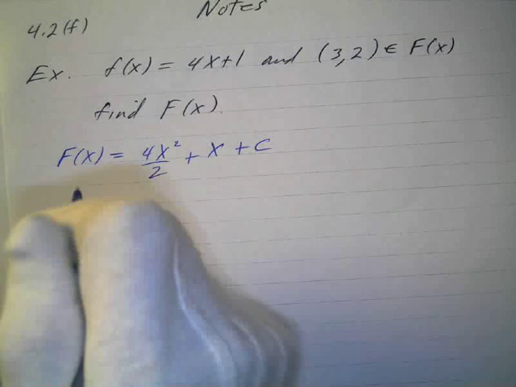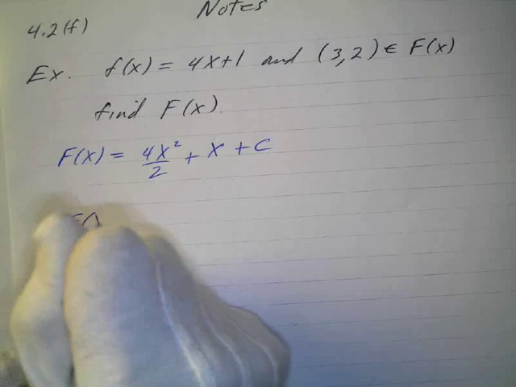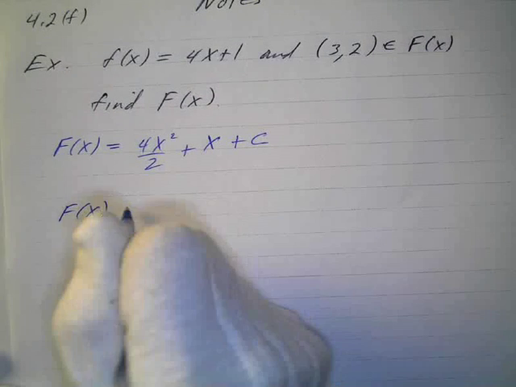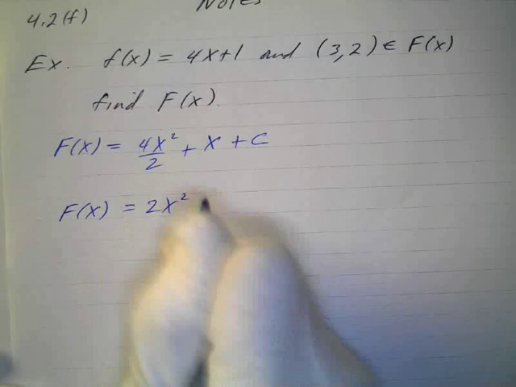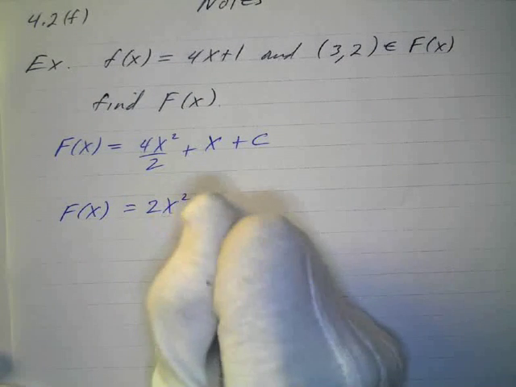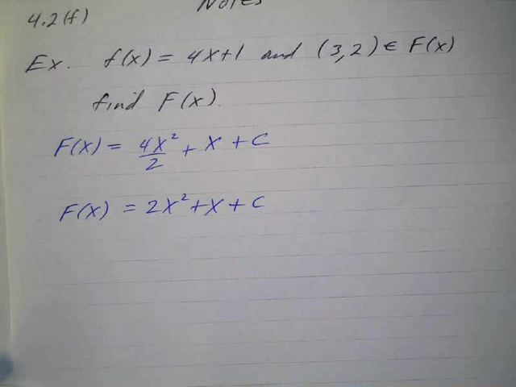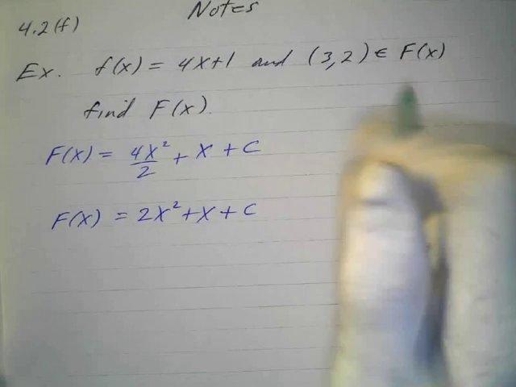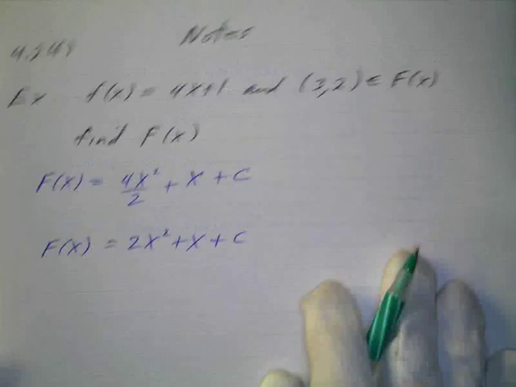And we can simplify that, and we get capital F of x equals 2x squared plus x plus c. All right? Now we also know over here that (3, 2) belongs to f of x, so this would actually tell me that